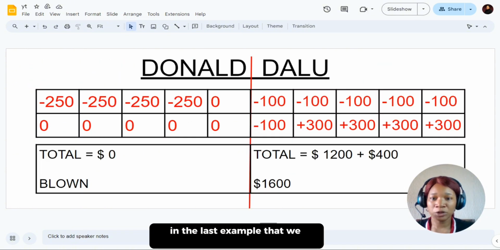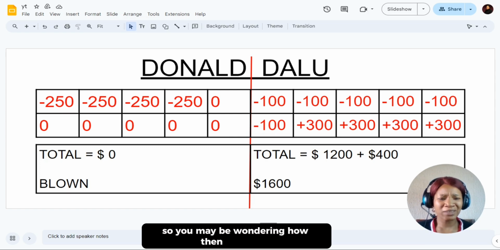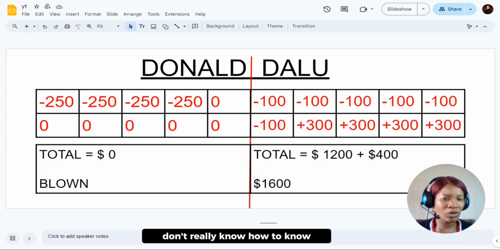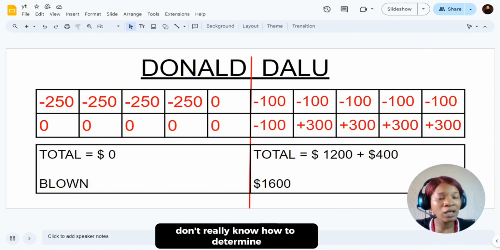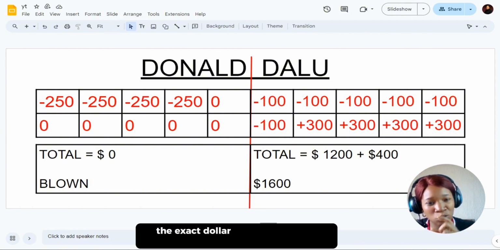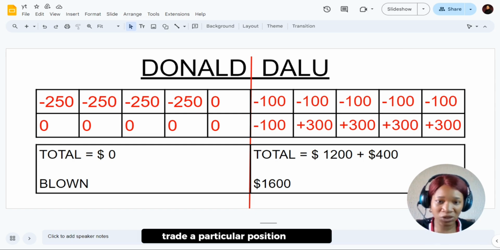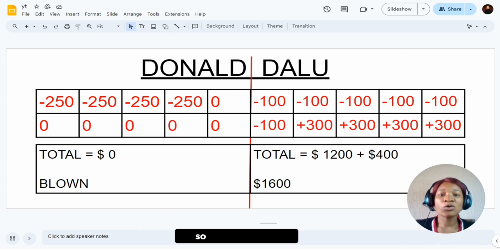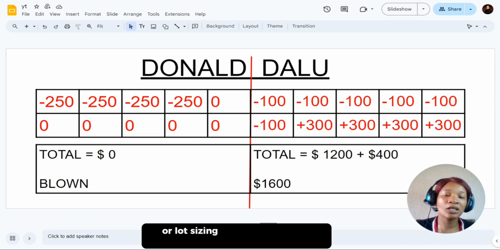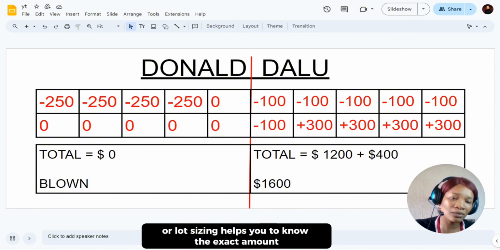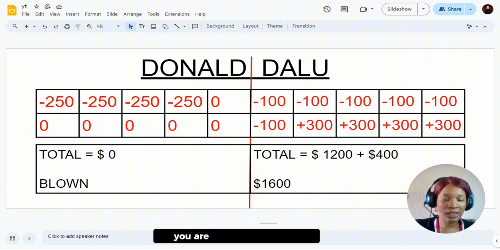in the last example that we showed, right? So you may be wondering, how then do I know? Because I know a lot of people come into trading and don't really know how to determine the exact dollar amount that they are using to trade a particular position. Okay, so position sizing or lot sizing helps you to know the exact amount you are to be